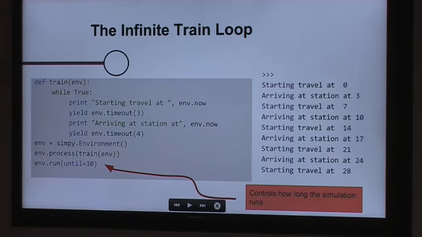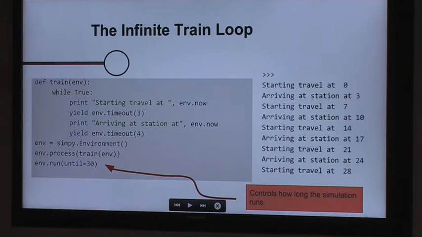So we can also make this a bit cooler by creating an infinite loop. Infinite loops are not cool, but in this case they are. So instead, you can control how much your simulation executes by passing different parameters to the until keyword. So for example, this simulation will only simulate for 30 time units before it stops, and you can see the result there.